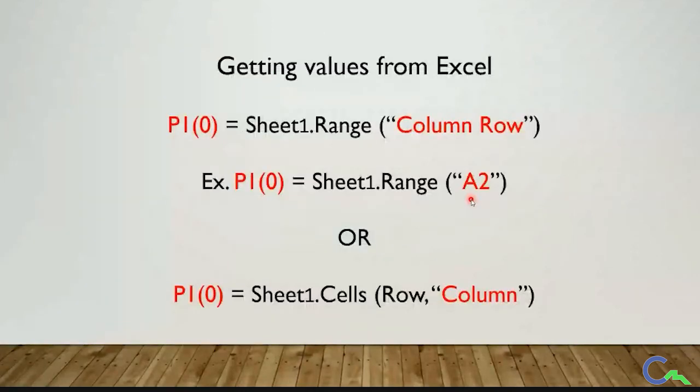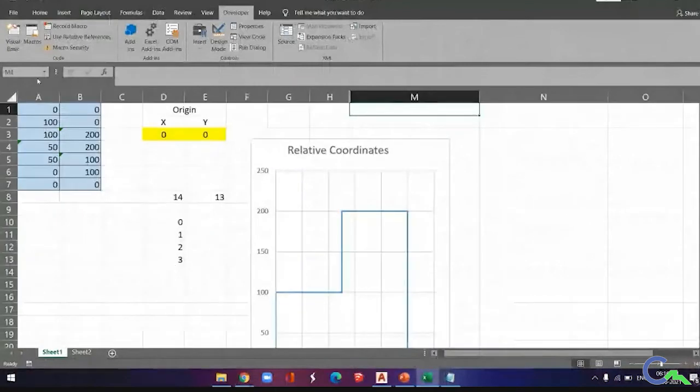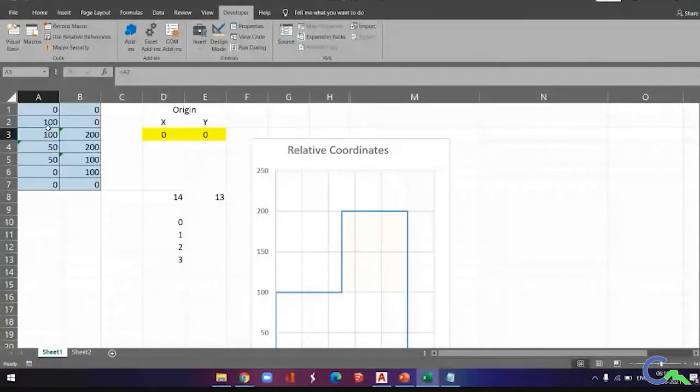Getting the values from Excel, I was saying you have to extract the values from Excel. Think we have a value here, 100, 0. So 100 is in which row? It is in the second row and eighth column.